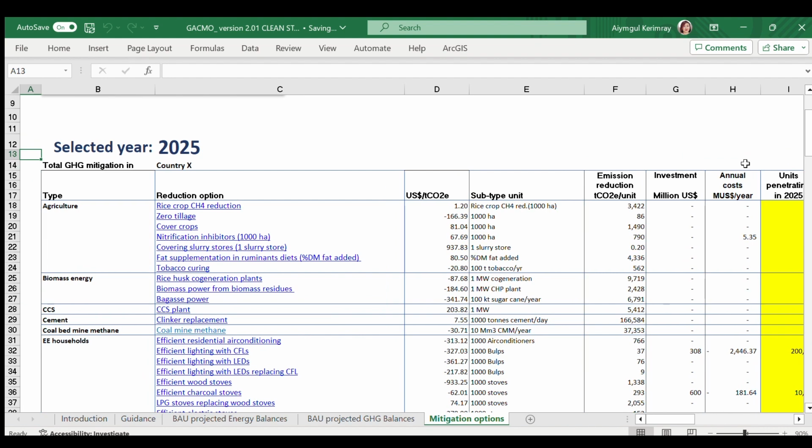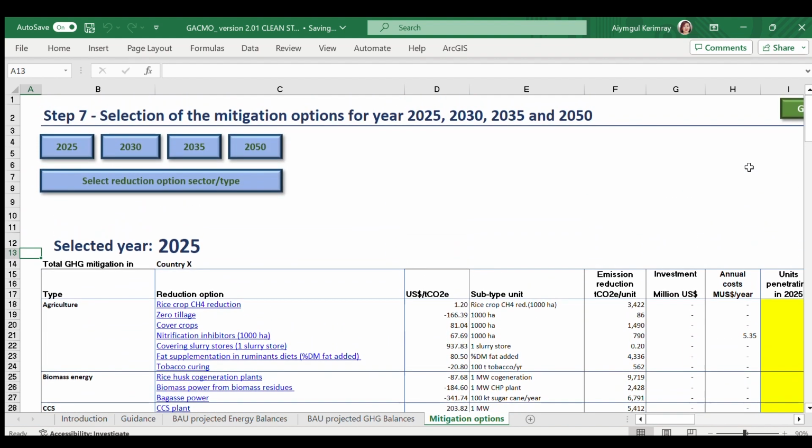The user can navigate throughout the years by clicking on these buttons in blue and insert units of the relevant mitigation options in each one of the projected years.